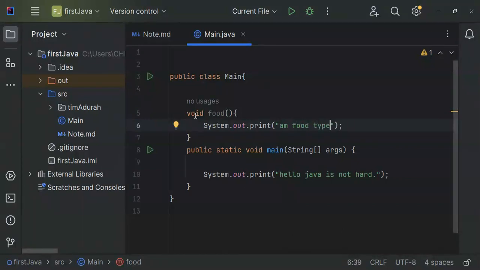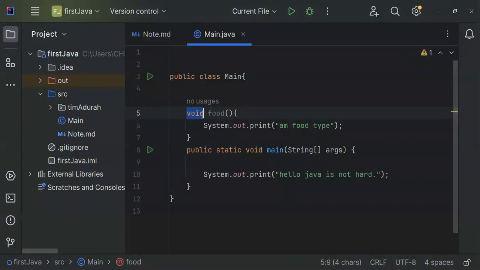You see, I create a method and I pass food. That means I tell Java that this method is not going to return anything. So that is what I'm creating now. If I want this method to return anything, I may put string. You can use any method type like string, like int, like boolean, the type of what you want the method to return. So let me show you